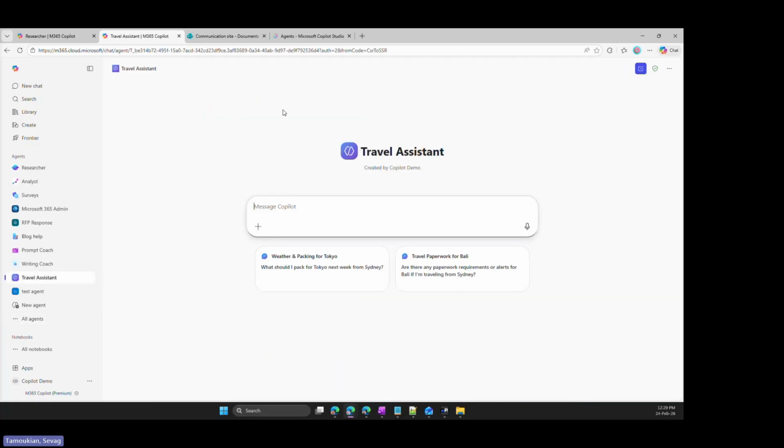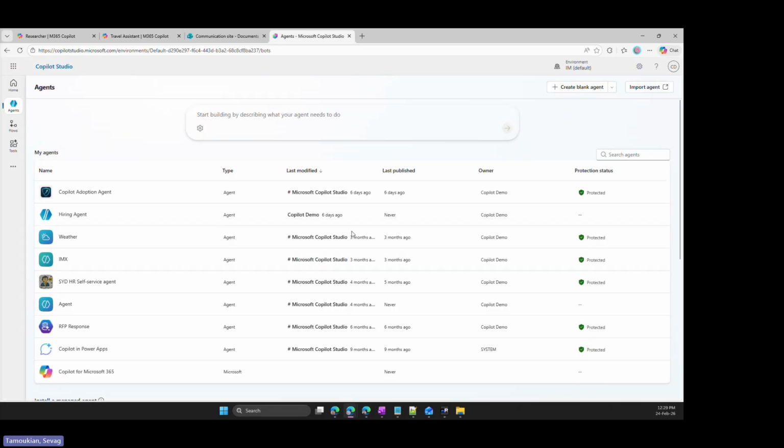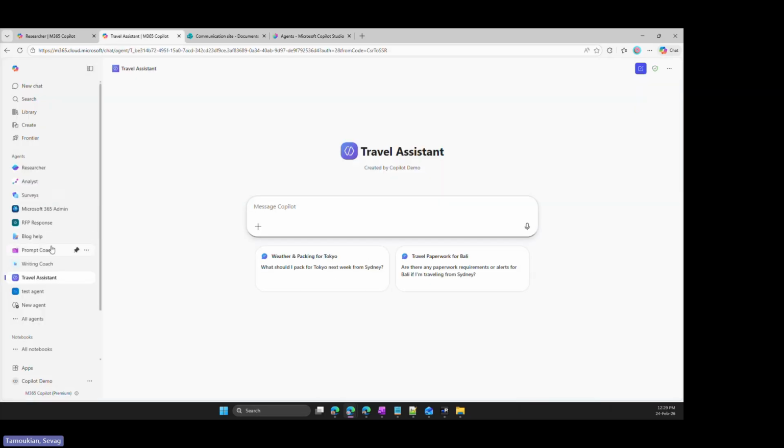So yeah, the next step would be, if you're a developer or something, you can go to Copilot Studio and build a full automation that can automate business processes. I do have a couple of examples over here. I do have an agent that responds to RFPs. So basically, it monitors a mailbox, and when a customer sends me a request for pricing, this agent will grab that request, the email, and it will draft.